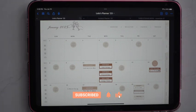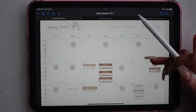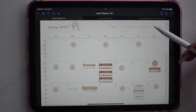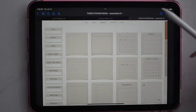So as far as my strategy for monthly planning, at the beginning of the month, I sit down and figure out what are the major events that are happening that month. So that includes birthdays, any events that are going on, any appointments, any major priorities. I include that in my monthly view. I personally include the days that I want to plan content. So I choose an icon from the sticker book